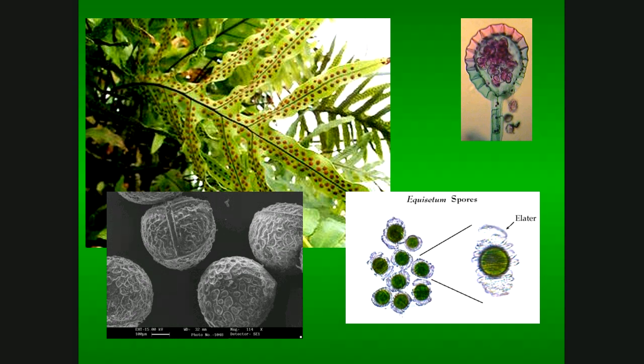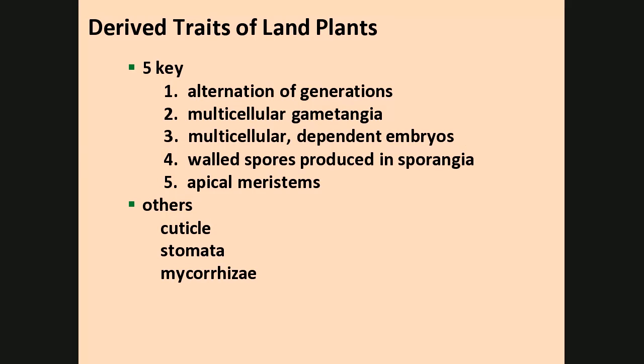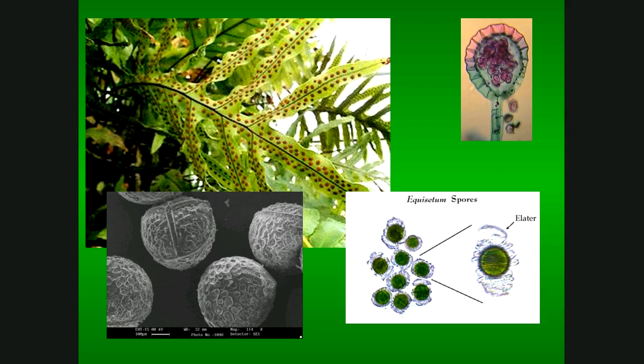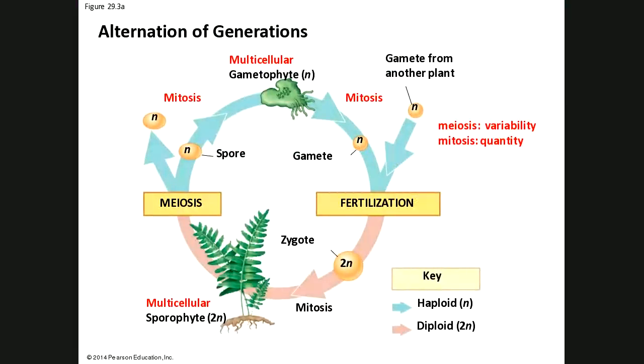All right, so now the second trait is something called multicellular gametangia. What are gametangia? Gametangia is another word for the gamete-producing part of a gametophyte. You'd be like, whoa, too many words at once. Let me go back for a second. The green thing that you were looking at under the microscope for the fern, that little heart-shaped thing, is the gametophyte. It's a prothallus. It means it's kind of leaf-like, but that's the gametophyte. The little lumps at the bases and the antheridia and the archegonia that were on them, those are the gamete-producing parts. Those are the gametangia.